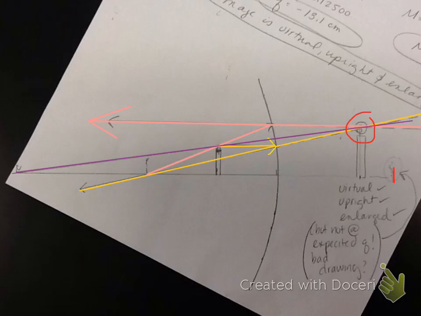It never made any sense. Once you have the math, and you know, oh, if this number's negative, it's this. If this number's negative, it's that. If this number's positive, it's that. It's pretty easy. So you could, in theory, memorize real, virtual, inverted, upright, reduced, enlarged for every position, and what